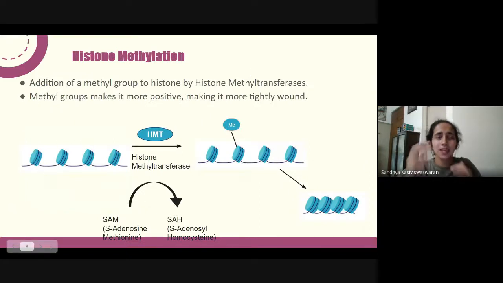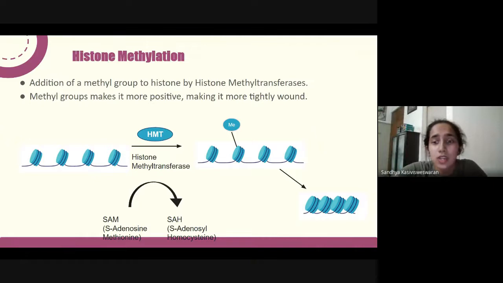So the first is methylation. A methyl group, as a lot of you will know, is basically just CH3. So a methyl group can be added to your histone, and a methyl group is positive. So your histone is positive and your methyl group is positive, which makes the complex doubly positive. So this means that your DNA will bind better to it, and that forms slightly compact chromatin. And this, as we've learned before, is called heterochromatin.